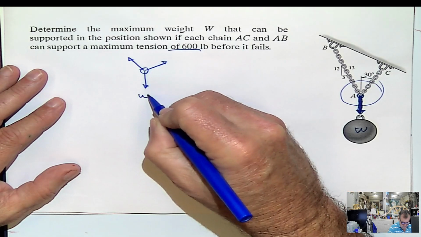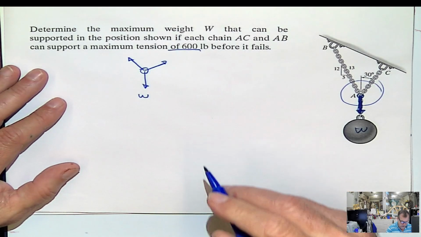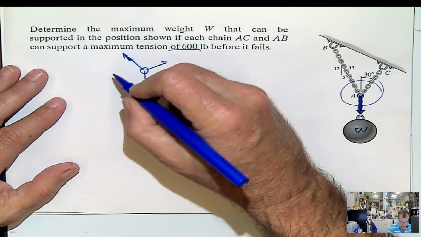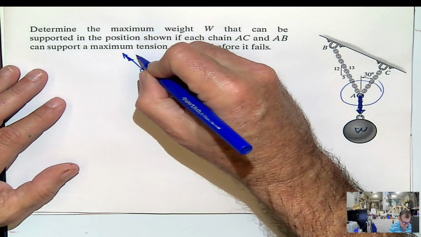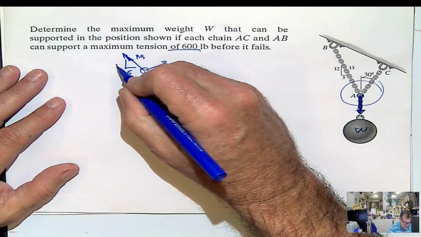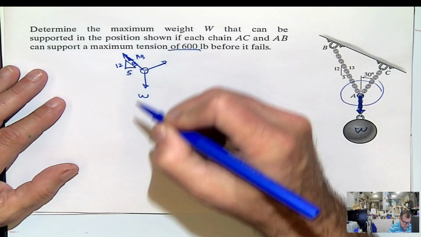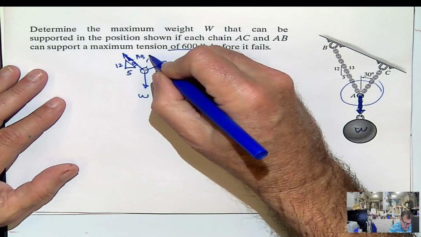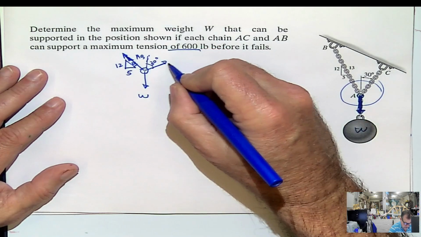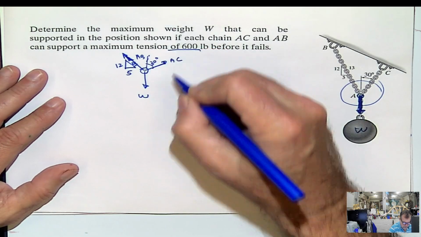So this is going to be directly the weight. In this case, you have this component. This force is going to be AB, and this is 12 over 5. This is 13. And in this case, you know that this is 30 degrees,